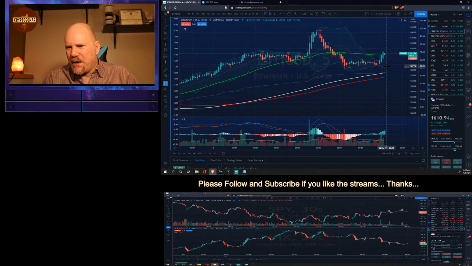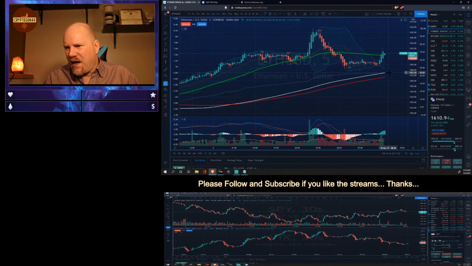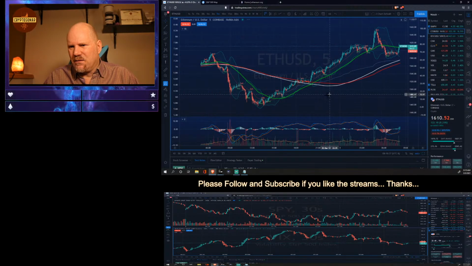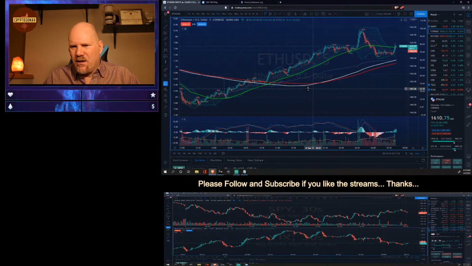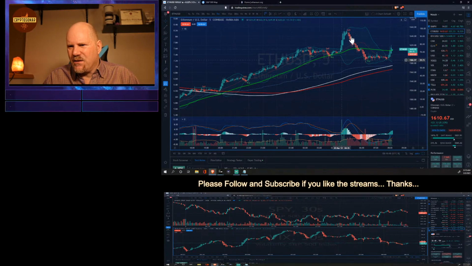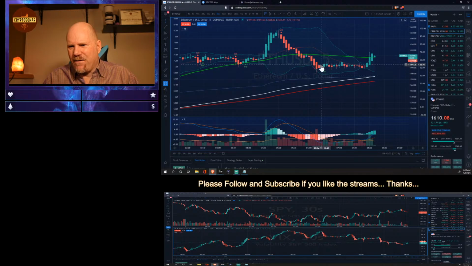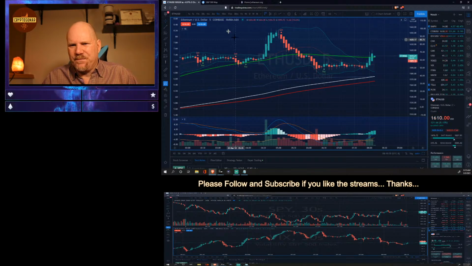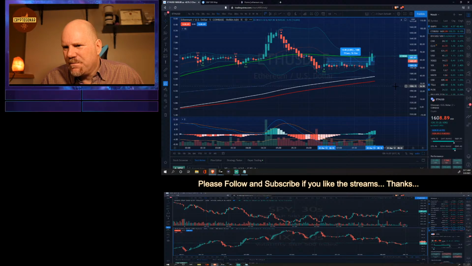You might be able to pick some up in the 1500s somewhere. So if it drops back down, the science says it's going to drop back down to 1575 or so. But this is an ascending channel, right? Ascending, but it broke. So when it breaks over here, you see the different buys and sells over here. Still in a significant buy. Even on the 5-minute chart, that was an hour and a half ago. It said to buy. If you would have done that, let's say you got it on the next candle and you held it, you're up almost 1%.